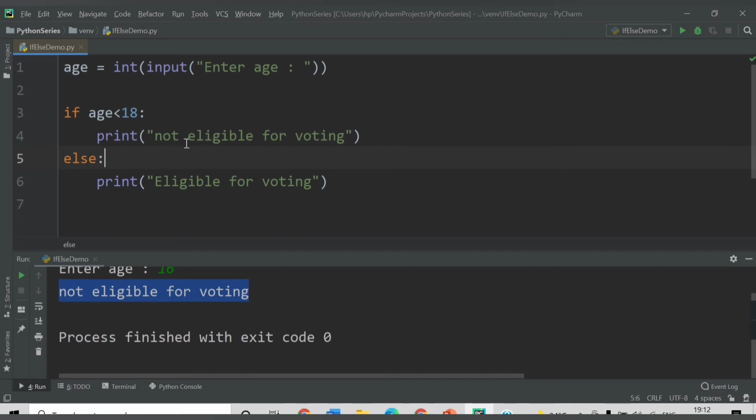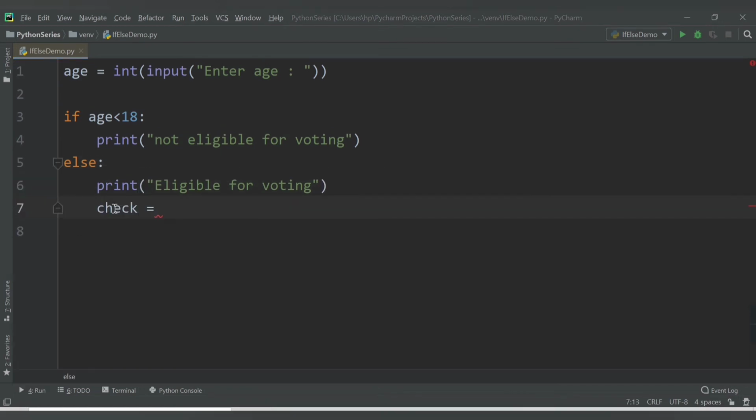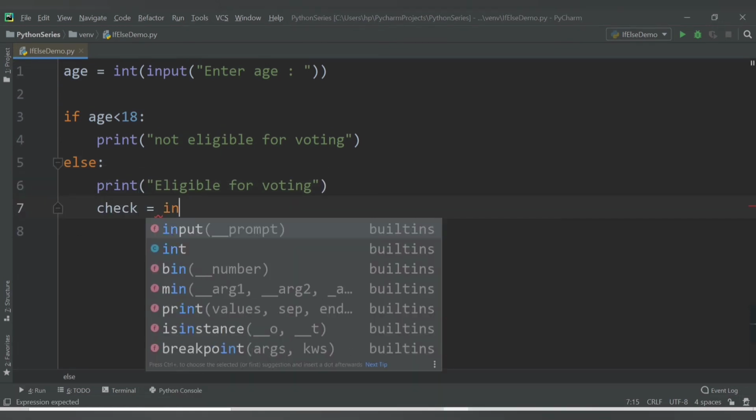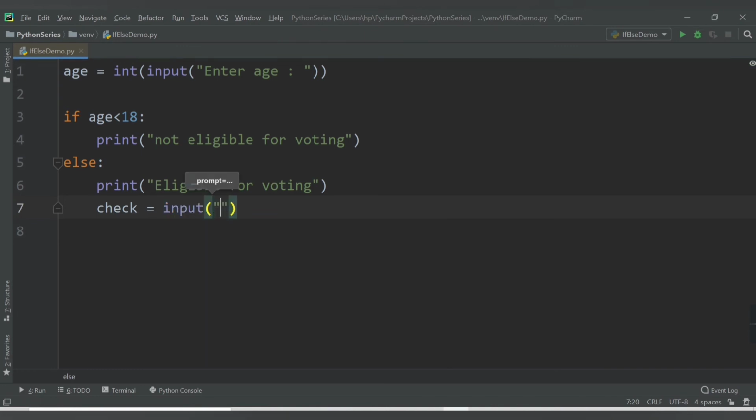So how we can check this? Now for less than 18 we don't want to check the voter ID, but for age greater than 18 we will check this. So in the else we will have this check variable now, and we will get the value from user here, input. We will ask do you have voter ID, and we will say you want to enter the value in form of yes, no. So this variable will have the value which user will input, whether it will be yes or no, and accordingly we want to check the condition here.